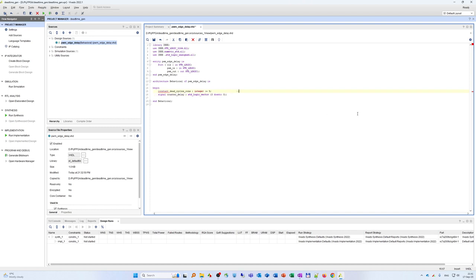Here, this one is the dead time. We can adjust the dead time here, and this is the counter. So the maximum dead time should be 16 clock cycles. All right, and then, sorry, this one, begin, is here. All right, begin. Process